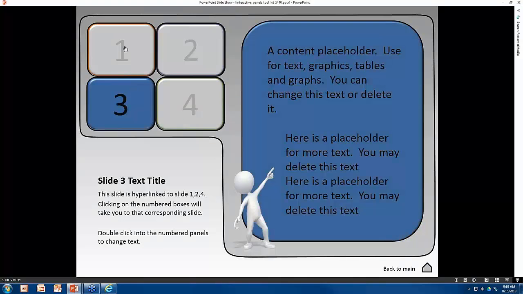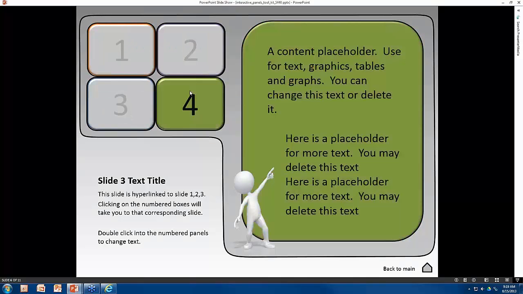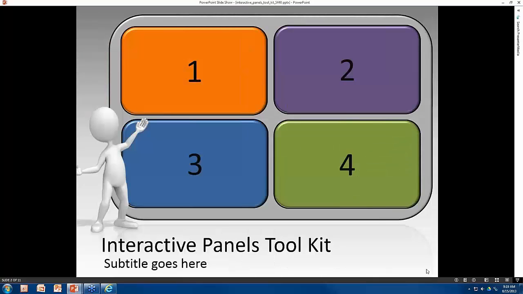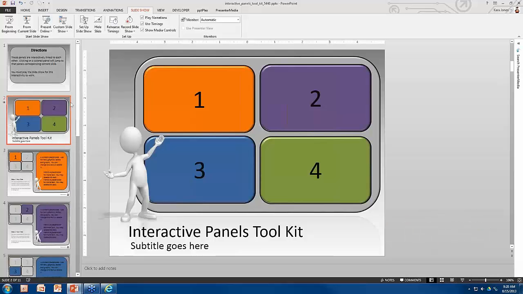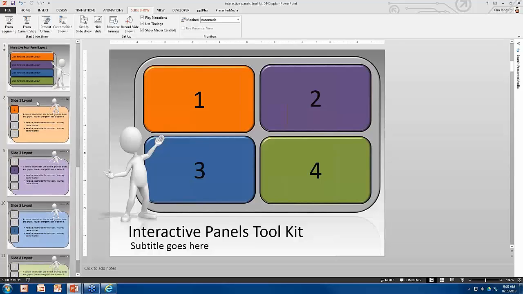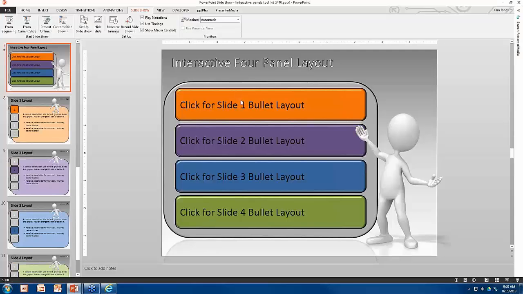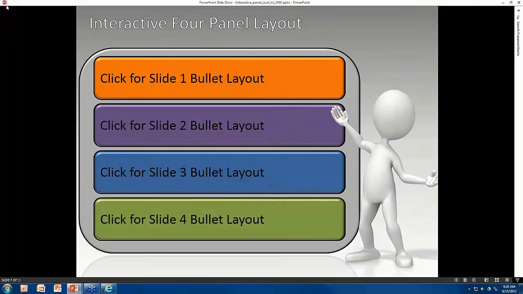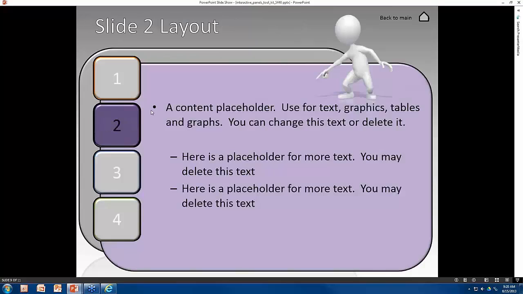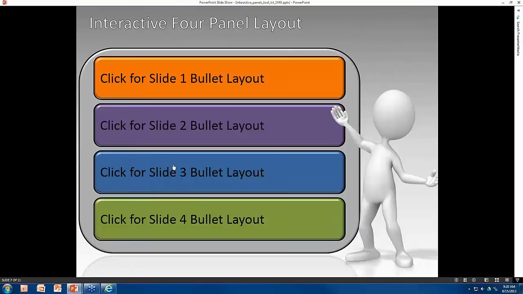page, but because the layout is the same on all of them, you don't have a jerkiness between them, and you can really move backwards and forwards through all of these. And then when you want to, you just go back home by clicking on the back to home, and all of these hyperlinks are still in place for you to use. We also have the layout of this where it's going to be more of a row-based instead of a grid, and these are going to work the same way where you have the bullet style now. And again, when you click back to main on this one, it's going to bring you back to its primary